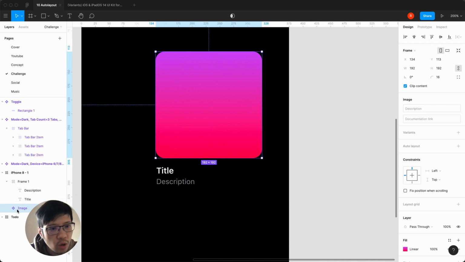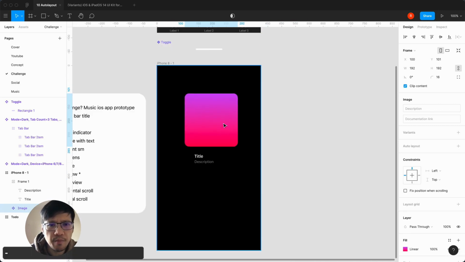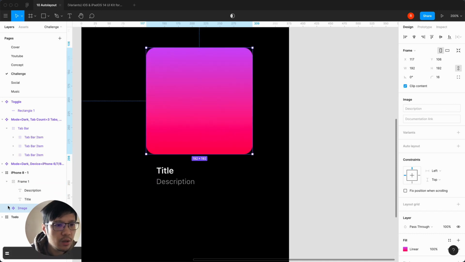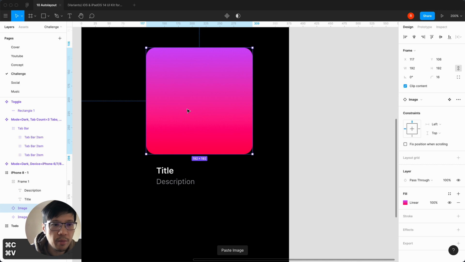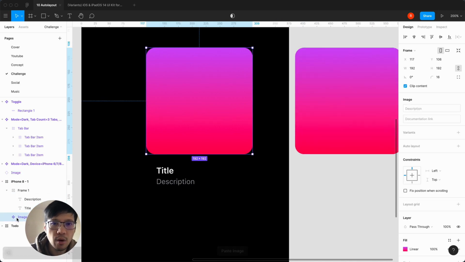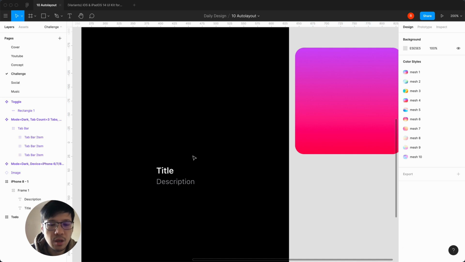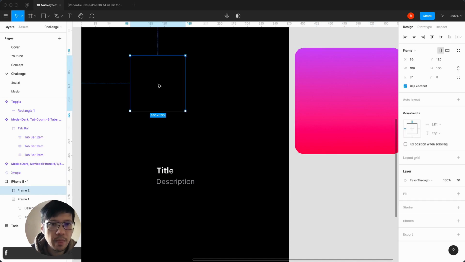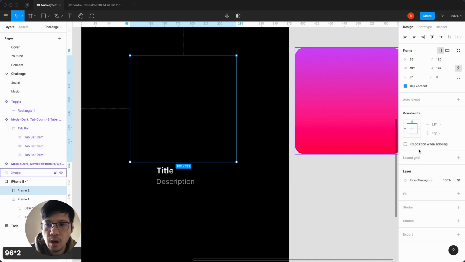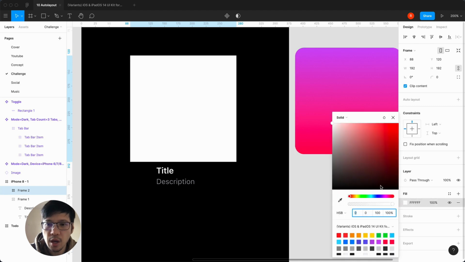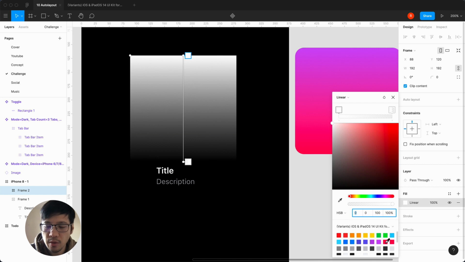We actually don't want that to be a component anymore. So yeah, okay, let's see how we can do this. So can I copy paste, and if I delete that one, come back, doing this the long way, yeah, we can't. Wowzers. Okay, so let's start this again. We go to frame, and this is going to be 96 times by 2, and we are going to fill it with a linear gradient. So again,